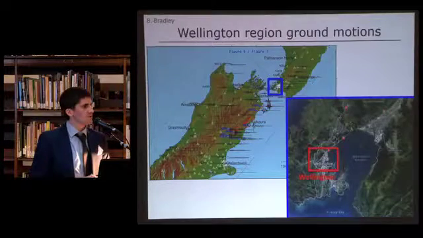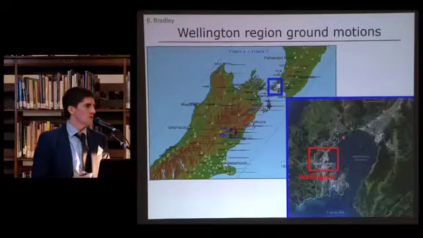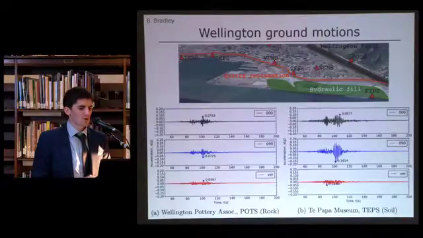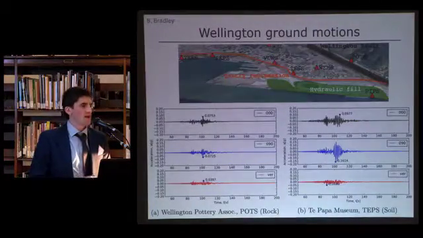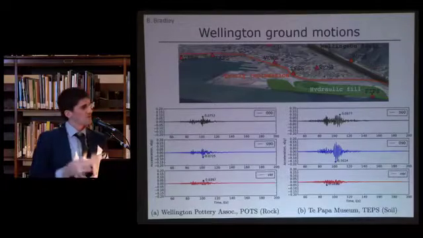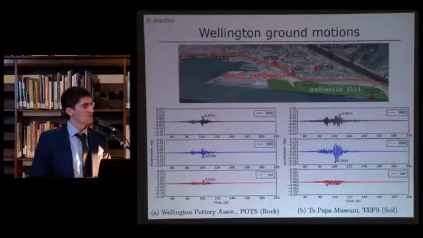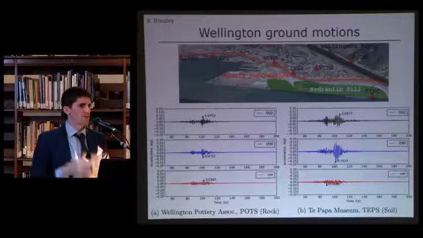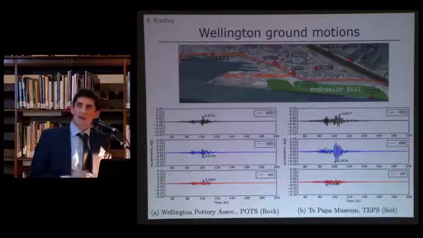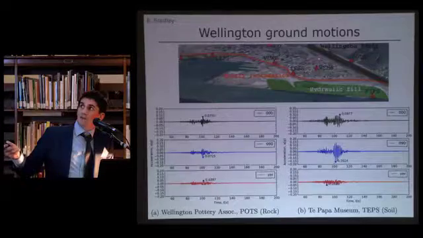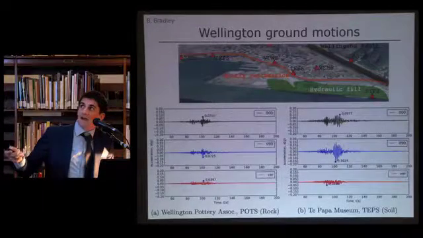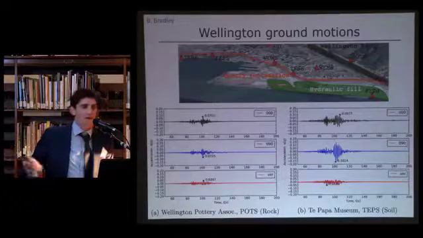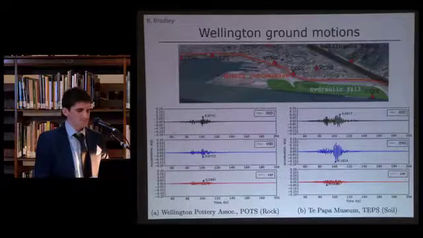So as you can see from the larger image there, Wellington was located on the order of about 60 kilometres to the north of this Kaikoura earthquake. And if we look at the Wellington region itself, other than the size, it's not too dissimilar to New York in terms of being highly constrained by the geography of the area, bounded by the ocean. The central part of Wellington is located here at the base of the hills, and then we have a series of different reclamations that have occurred over time.